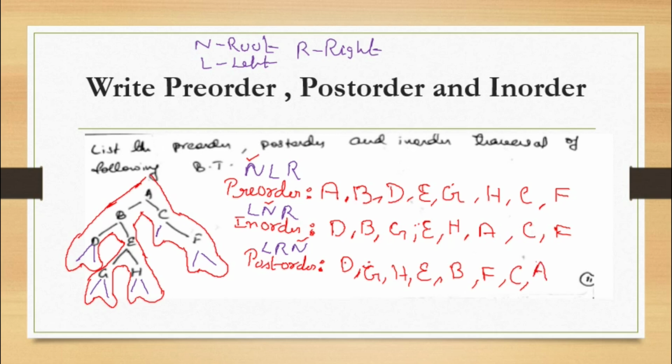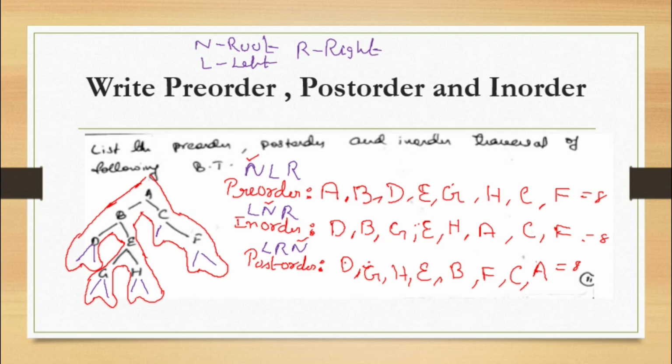Okay, so we have already got the pre-order, in-order and post-order. So just check the elements A B C D E F G H. So totally we have 1 2 3 4 5 6 7 8, so 8 elements. All the 8 elements we need to check here. Yes, so we have 8 elements here, again 8 elements here also, and 8 elements here also, so our answer is right. So this is how we find the pre-order, post-order and in-order.